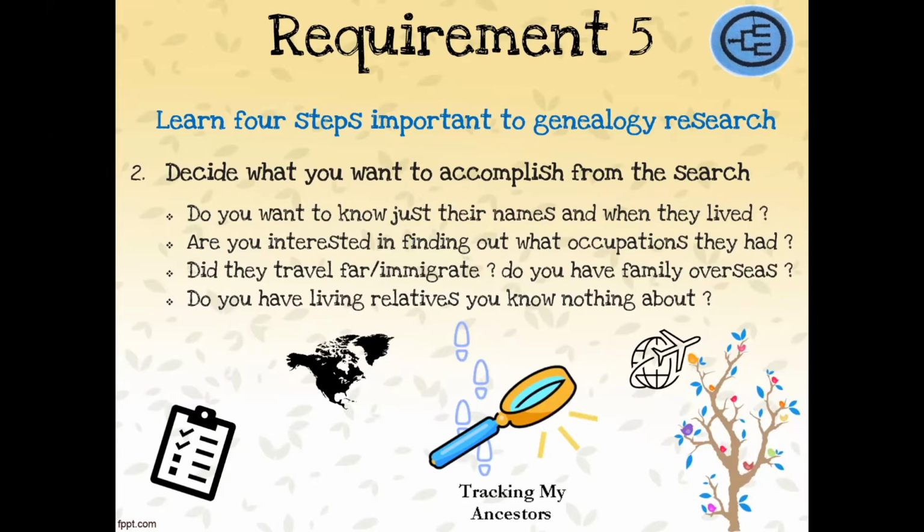And all of these are very important, especially if your family have possibly immigrated to this country. You know that your parents or grandparents may have been the first people to come to the United Kingdom. So then you know you have family overseas, but you may not know about the aunts or uncles or cousins or second cousins that are related in these families.